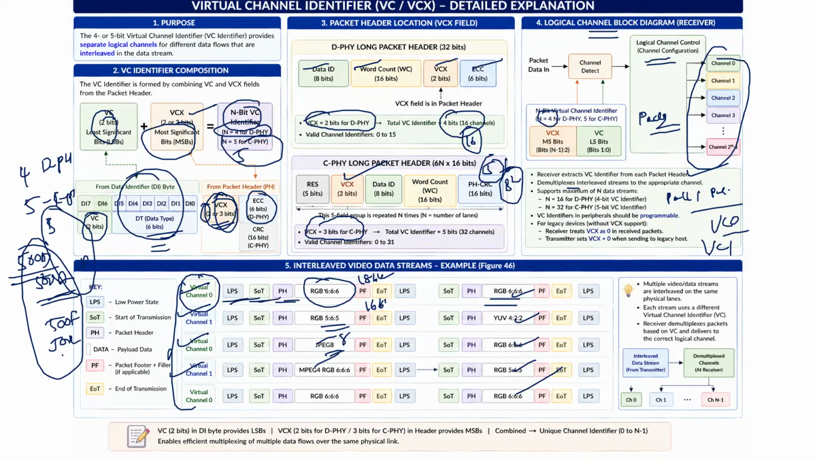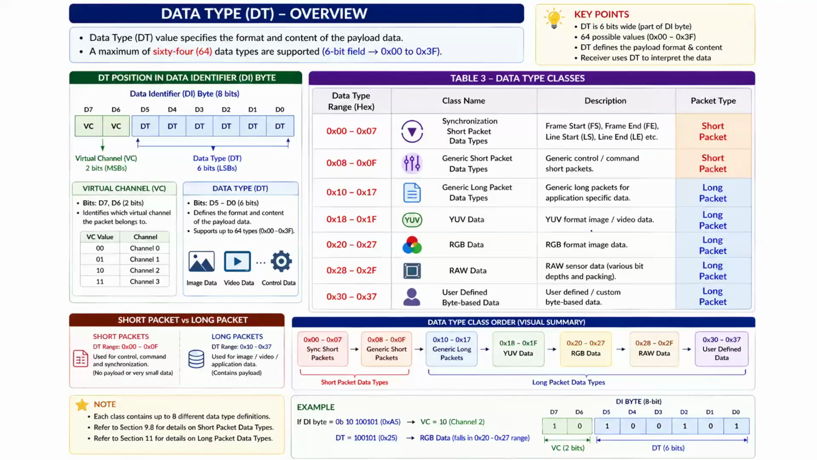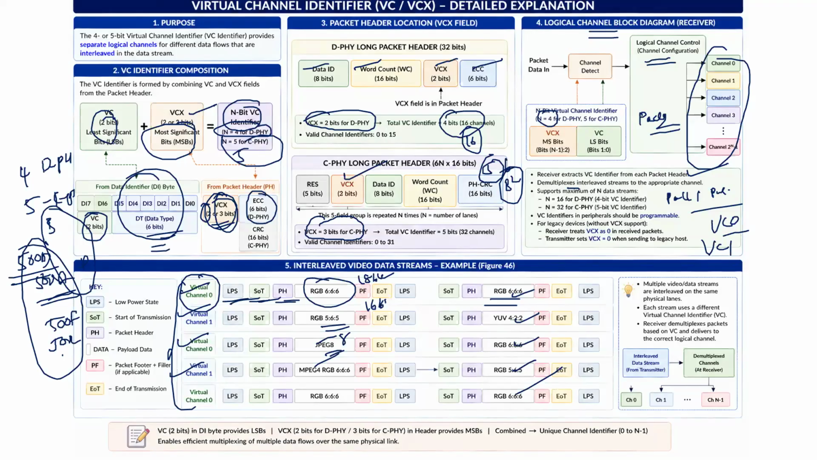So you know the complete structure, right? LPS, SOT, and then packet header, data, packet footer, and end of transmission. This VCX is for legacy device support. We are supporting that. And then are there any differences between the D5 layer and C5 layer here? No, not there, right? So this is the interleaving concept, and then the data types we are using in the virtual channels